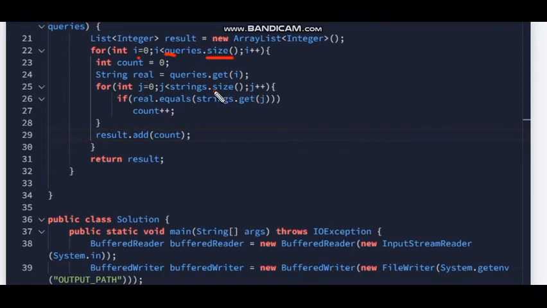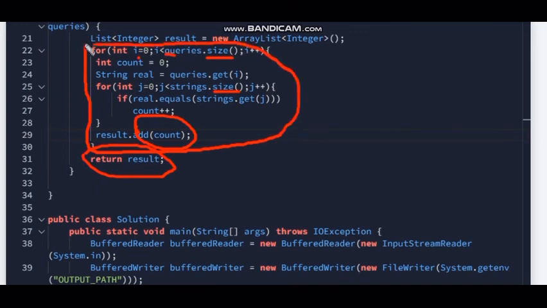Let us say the size is 2, then 0 and 1 work. It will match the two elements, add the count, and then return the results after the whole iteration completes.